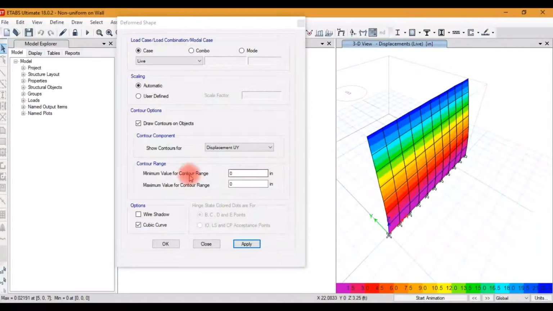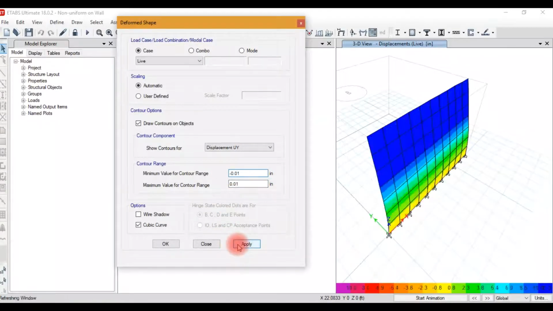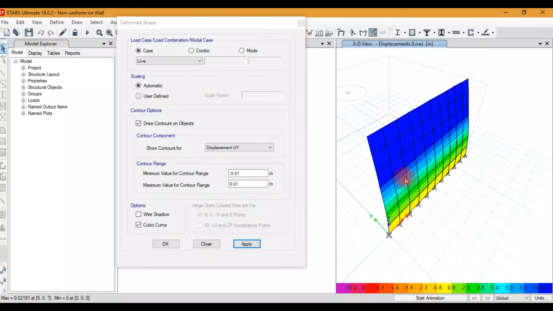For contour range, if you change the contour range, for example maximum 0.01 and minimum minus 0.01, now this range is between minus 0.01 and 0.01.